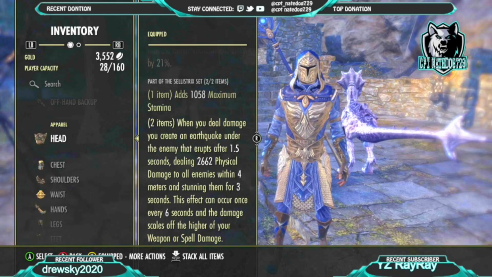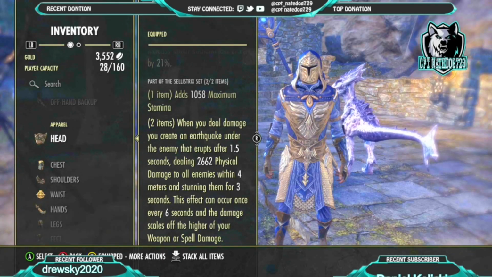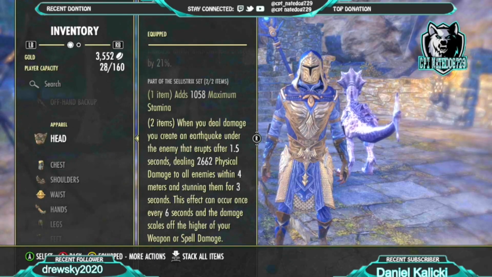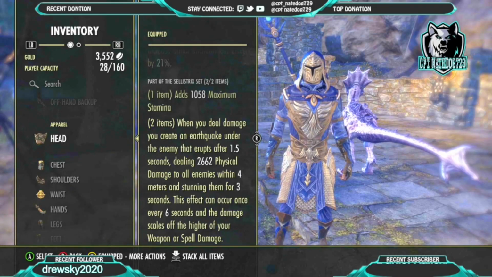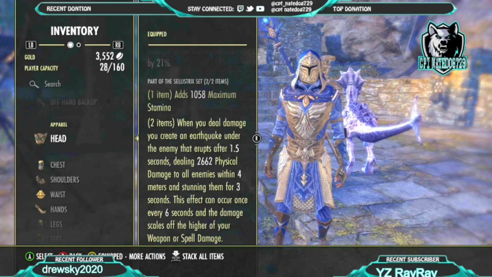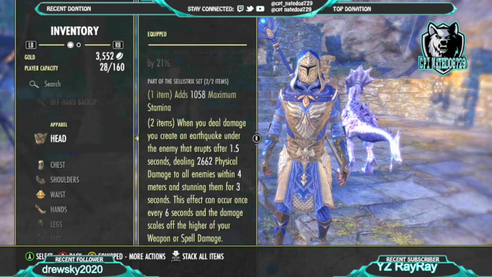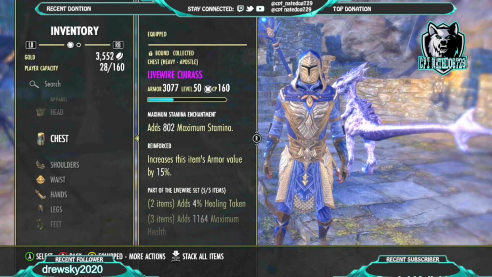So holding enemies down, when we pop restraining prison, enemies are held in place, and since that does damage, we wait 1.5 seconds, then we can pop everybody on the floor. But we actually don't have to cast anything because going into our next set, for the chest and all of our other pieces, we have Livewire,